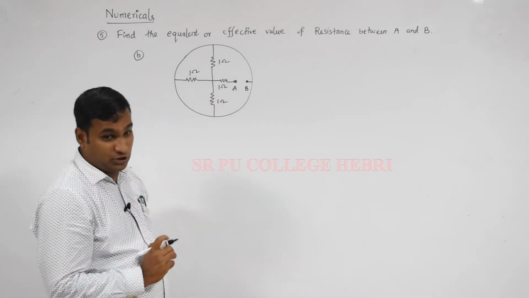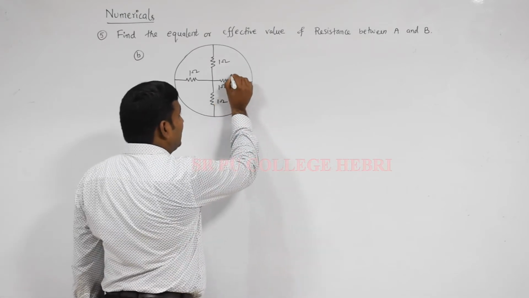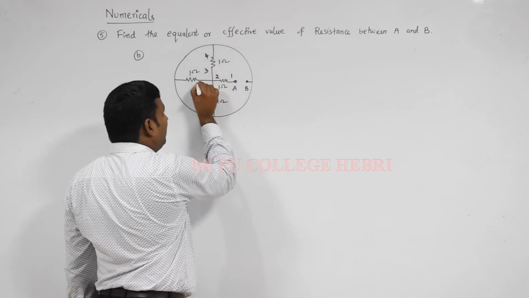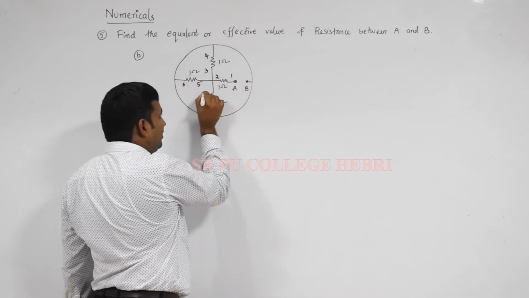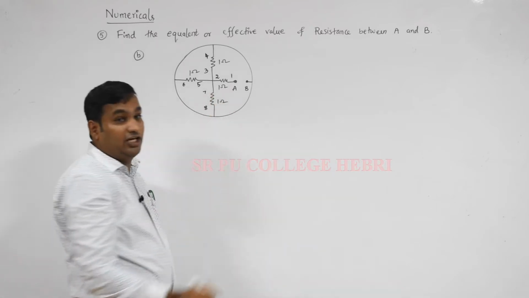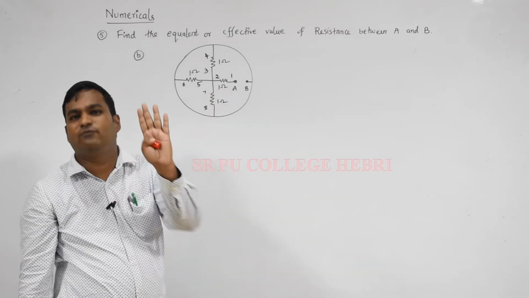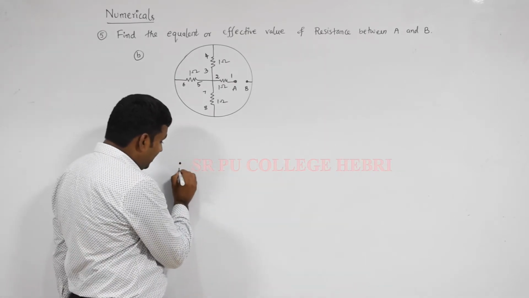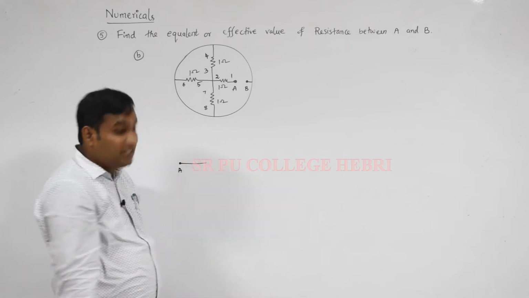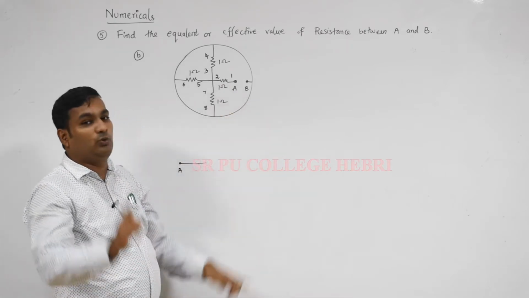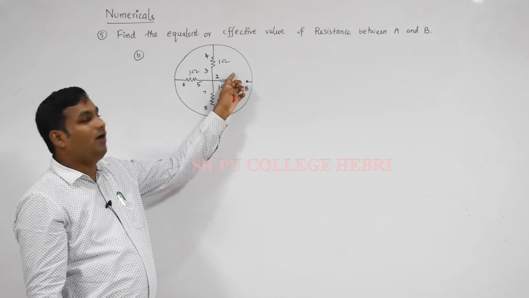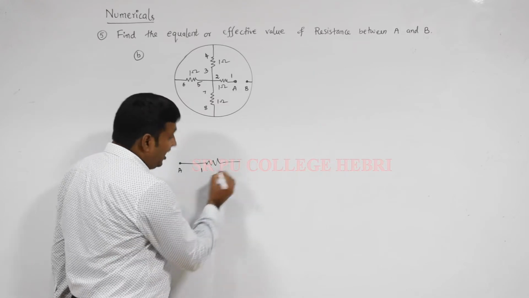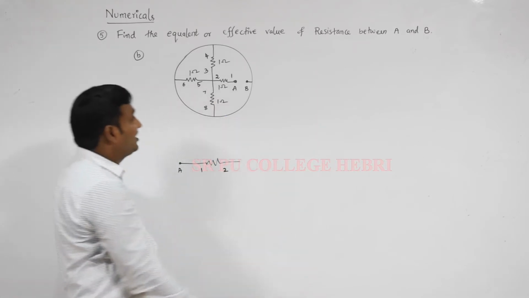In the given circuit I will write the numbering system like this: terminal 1, terminal 2, terminal 3, terminal 4, terminal 5, terminal 6, terminal 7, terminal 8. It contains a total of 8 terminals by considering 4 resistors. Again you have to redraw the circuit. I will start from terminal A or end A. Dear student, end A is connected to only one terminal. What is the terminal? 1. Now end A connected to one terminal, I call it end 1. Another end, opposite part of that, we call it end 2.